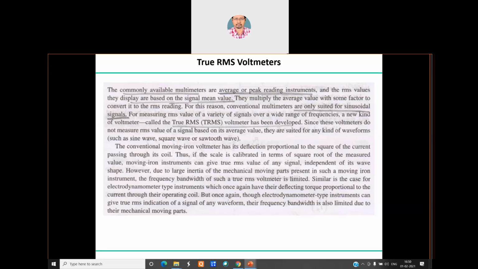Clear? So what the average voltmeter generally does is calculate some factor, the form factor, and then we multiply by it to convert into the RMS reading. Remember that a conventional meter is suitable only for, say, a sinusoidal signal. But if you provide an AC supply of a non-sinusoidal signal, where the average power is not zero, in that case it cannot be measured. The RMS value of a variety of signals, or even a wide range of frequency variation, can be measured with the help of true RMS voltmeters.